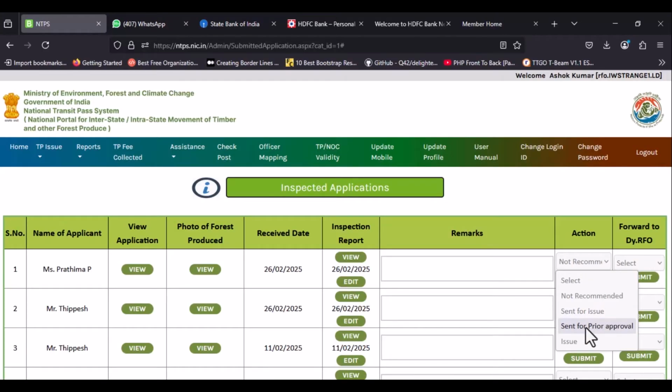Send for prior approval. If the RFO needs permission from a senior officer before issuing the transit pass, they should select this option and forward the application for approval. The senior officer will review and approve the application, after which it will be returned to the RFO for issuing the transit pass. Issue. If the RFO has the authority to issue the transit pass as per state transit rules,